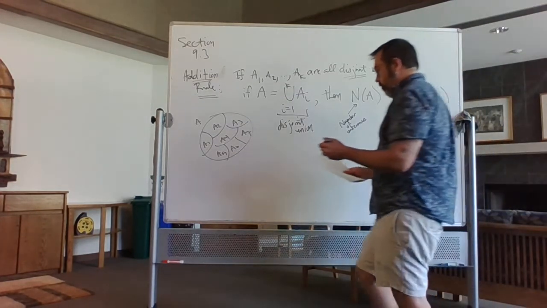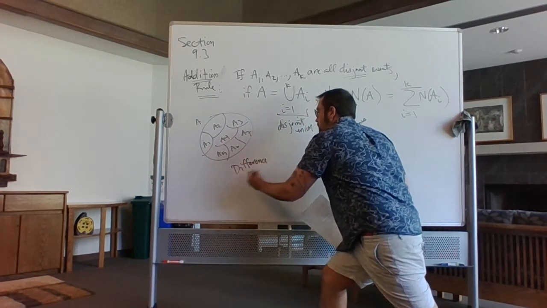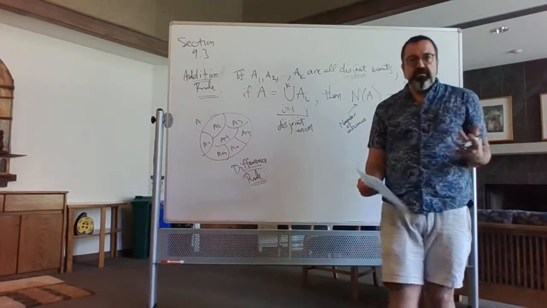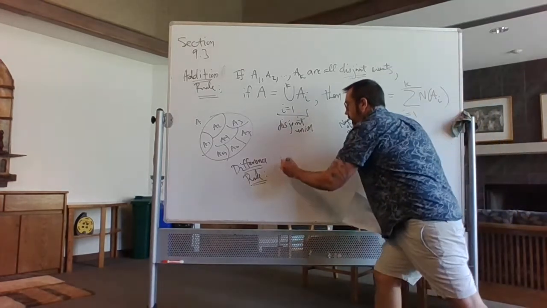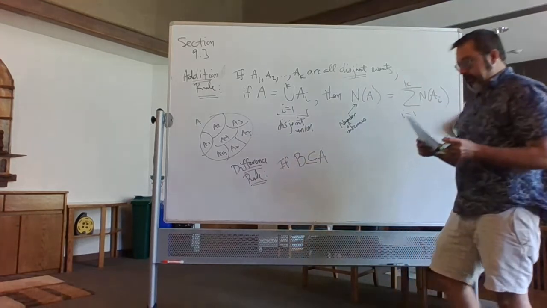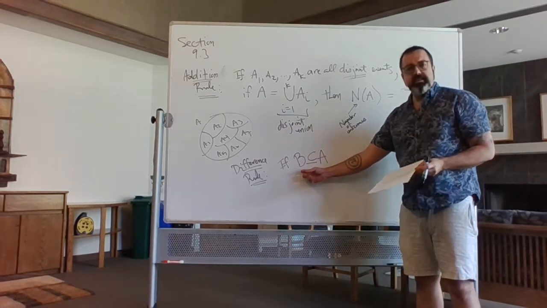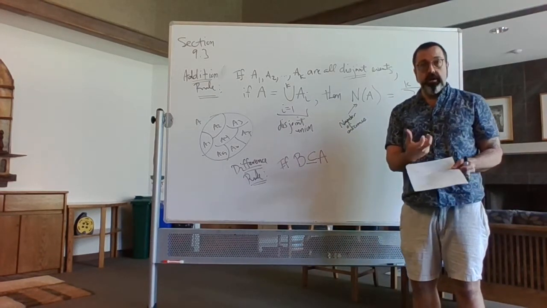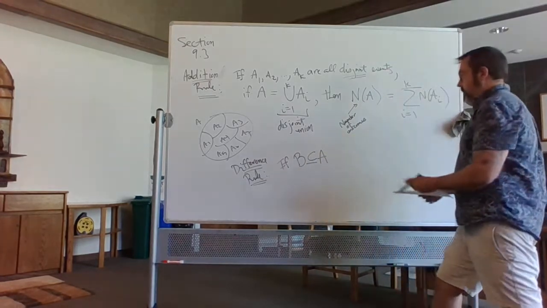So another rule, as I mentioned at the outset, another rule for counting that we also use just subconsciously, we don't even think about it because it's so intuitive, is the following. If we have one event contained inside of another, and we want to know, obviously, since B is contained inside of A, it has fewer elements, fewer outcomes than A does. If we want to know something about the difference,